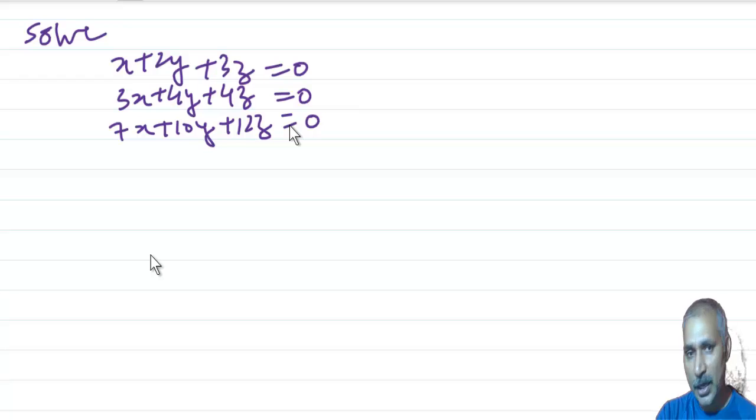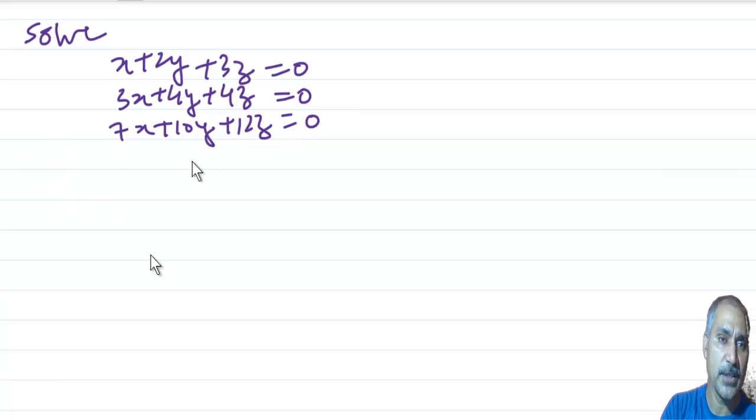Now as I have told you, there are two types of solution in the case of homogeneous. One is the trivial solution, where the value of all the variables is going to be 0, and the second is the infinite case, where there will be infinite solutions. In that case, the rank of the coefficient matrix A is going to be less than the number of variables. Now we will do case 1. This is an example of case 1. Here the rank of matrix A and the number of variables are the same. That means the solution is going to be trivial, and the value of all the variables is going to be 0. Let us solve this one and see the solution.